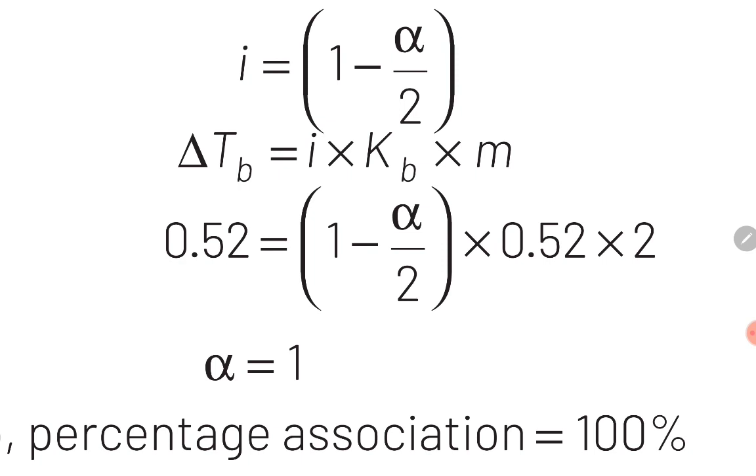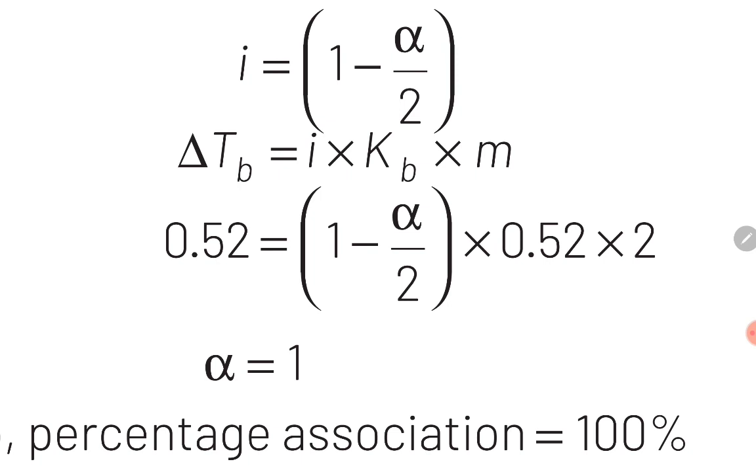Guys, right side में number of molecules at equilibrium alpha by 2 इसीलिए है because from 2 molecules of A we are obtaining only 1 molecule of A2. So if alpha molecules of A dimerize, then we will obtain alpha by 2 molecules of A2. So guys, the total number of molecules at equilibrium will be 1 minus alpha plus alpha by 2, which comes out as 1 minus alpha by 2, which is the value of i.